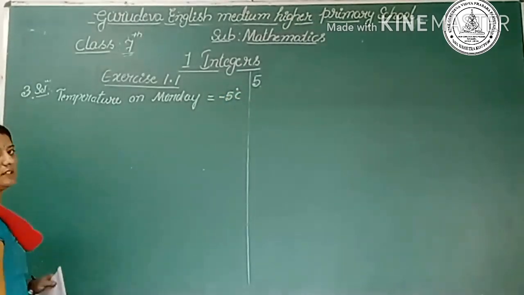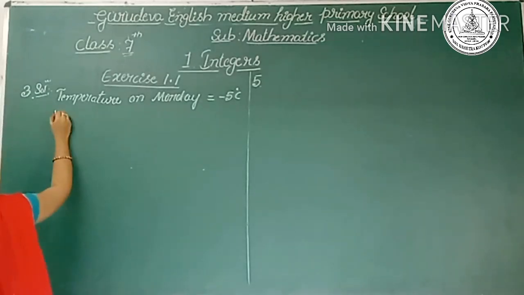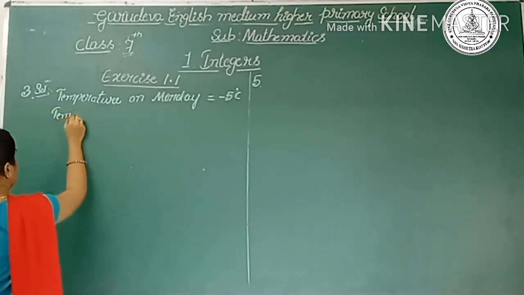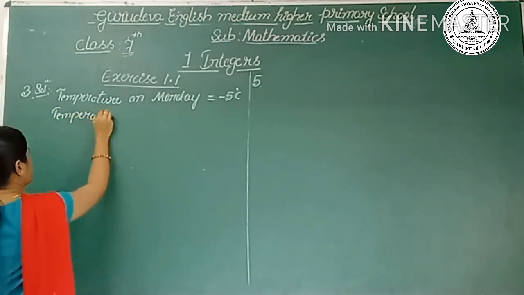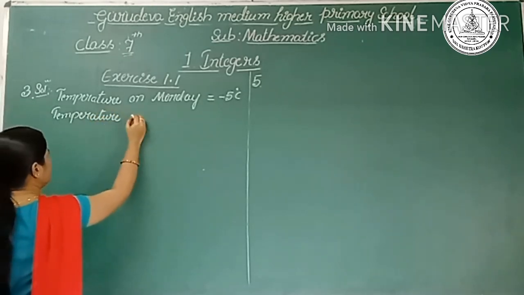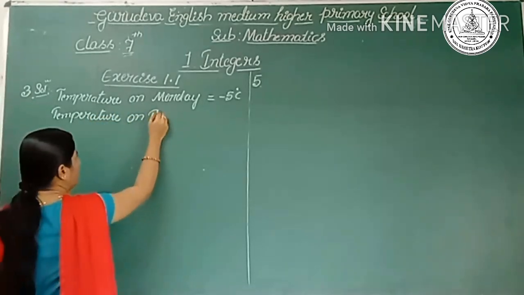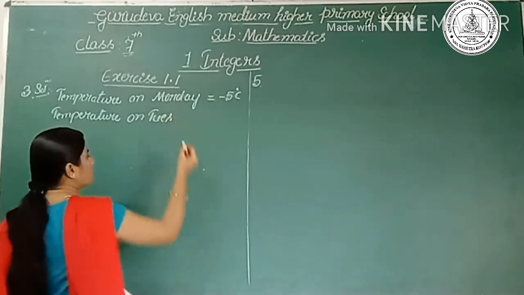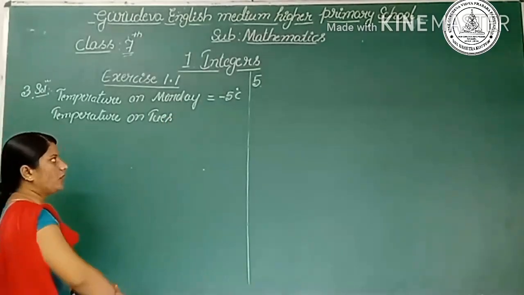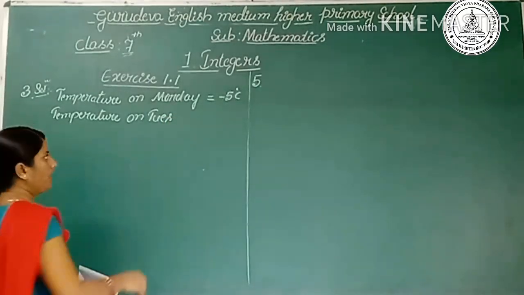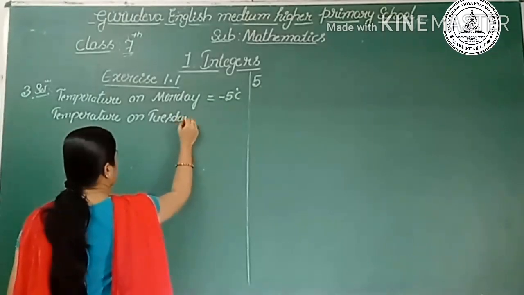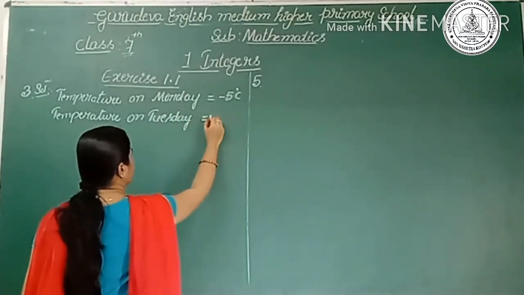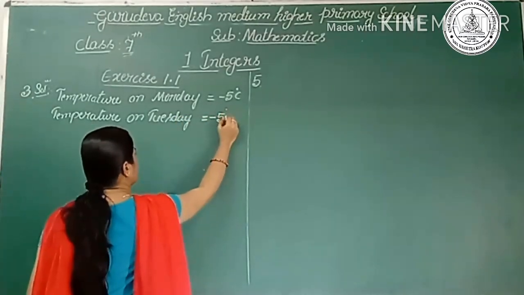Then the temperature on Tuesday. It dropped by 2 degrees Celsius. Dropped means it is less. Okay. Temperature on Tuesday is equal to -5 degrees Celsius